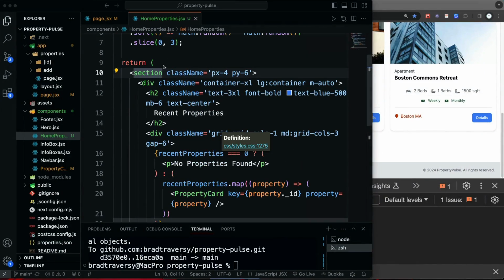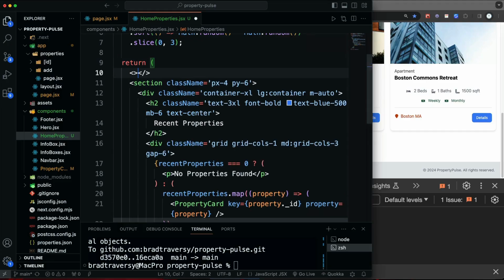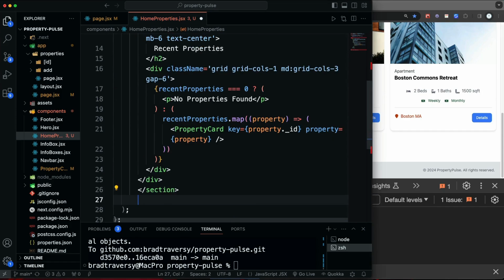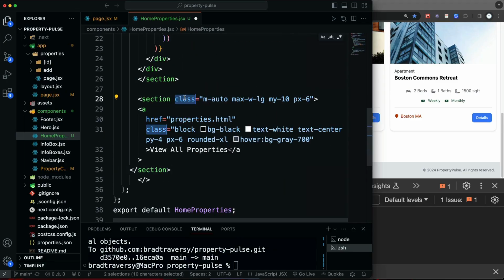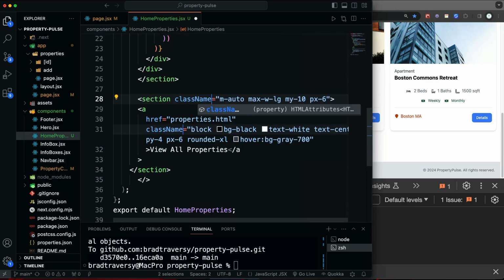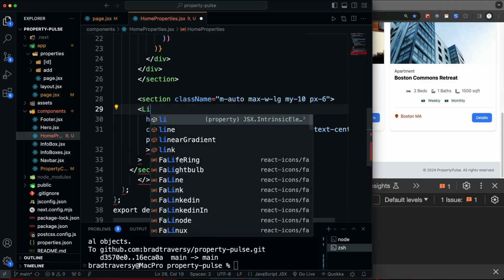So remember, with JSX, you have to return a single parent element. So that means we're going to have to add a fragment around this section. And then underneath that first section, we'll paste in this one. And let's make sure we change this to className. And let's change this A tag to a Link,